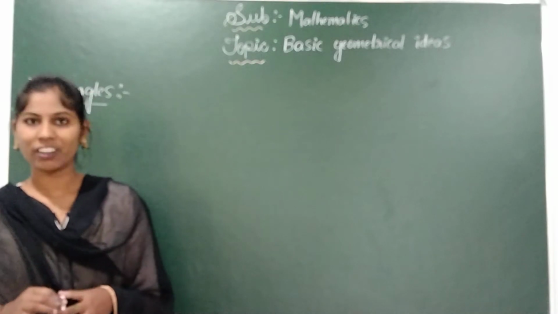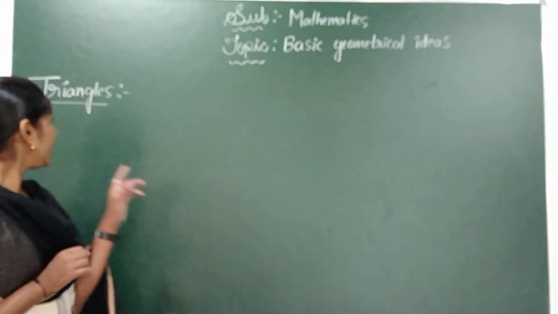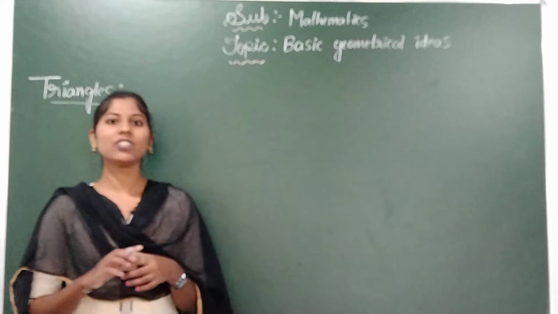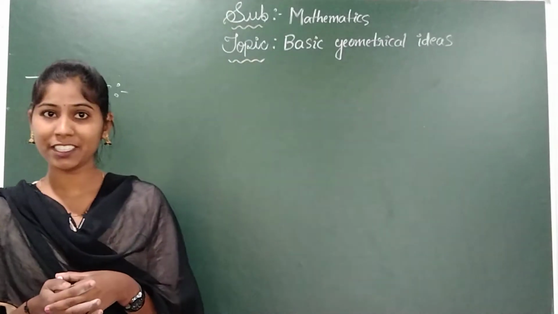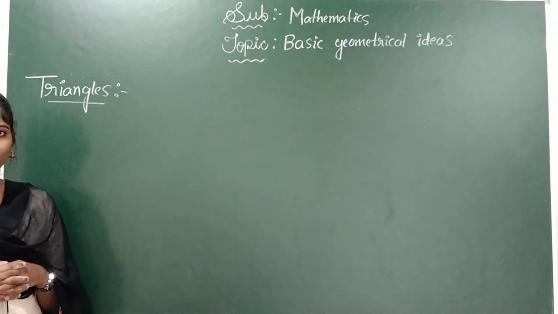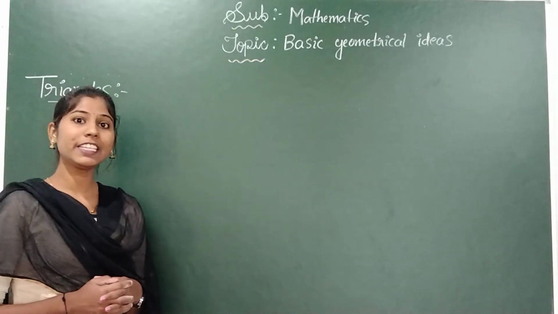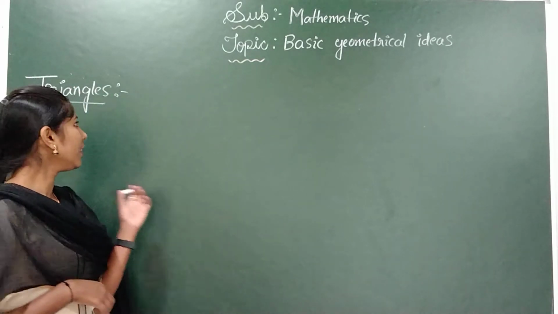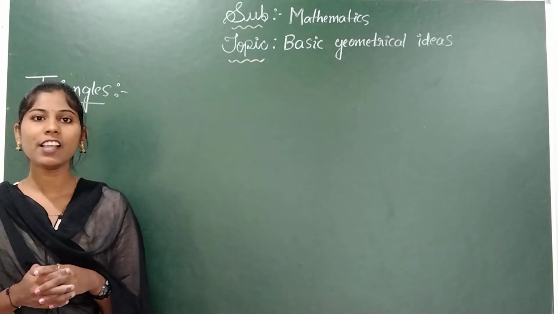Diagonals of the polygon. In today's class you will learn another important concept, that is triangles. A triangle is a closed figure and it is also one of the polygons. It is made by 3 line segments. So a triangle is a closed figure made by 3 line segments and it is one of the polygons. Here you can also learn the sides of the triangle, the vertices of the triangle and the angles of the triangle.